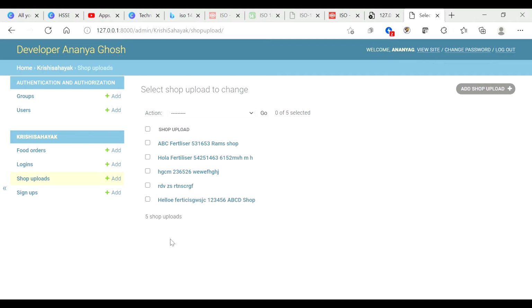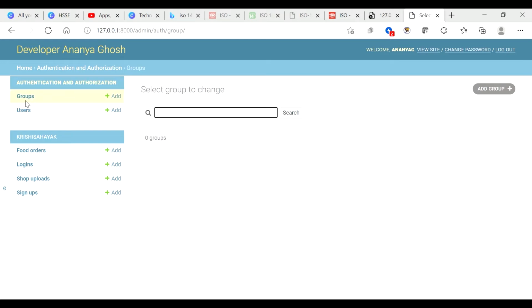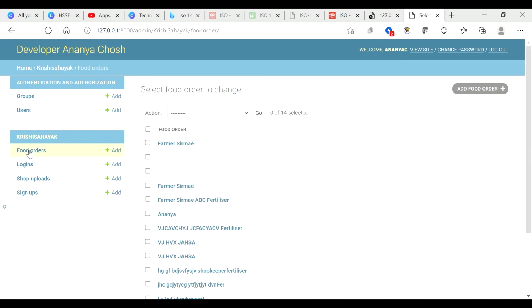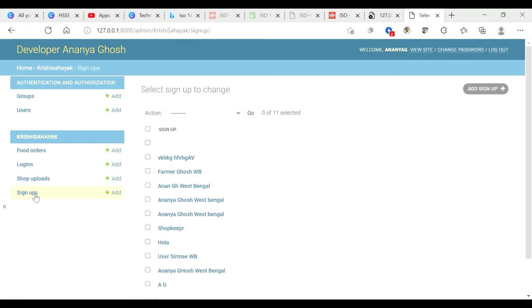So everything will be empty for you. Now what I do is I will go to the users, and I see that these are the users that have come, and I can remove users if required. I can create groups. I can create several tables or data folders.